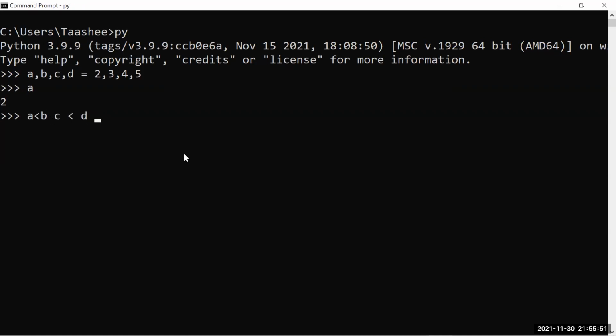So there are three different logical operators which help us perform multiple logical operations by joining two or many Boolean operations. I'll say or, and I can also say or A less than C. So out of these, if any such condition is true, then it will return true. Why is it returning true? We'll see in a minute.